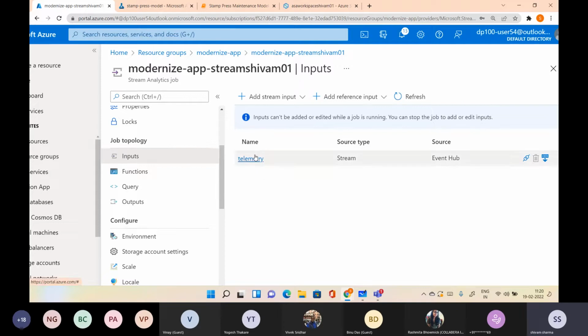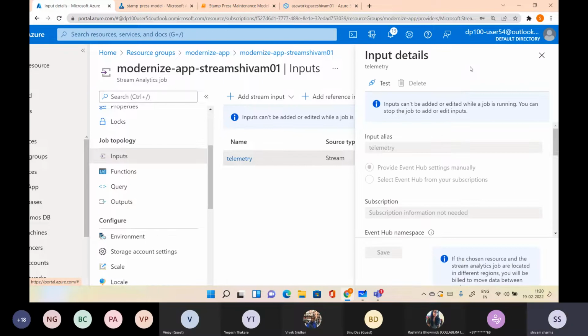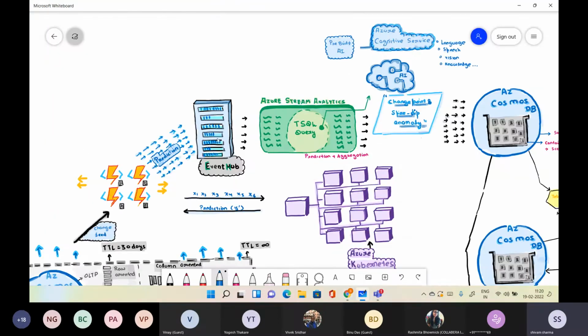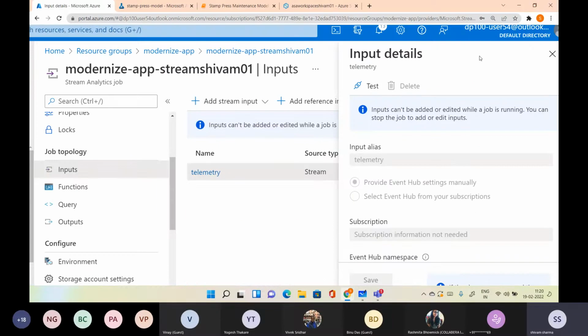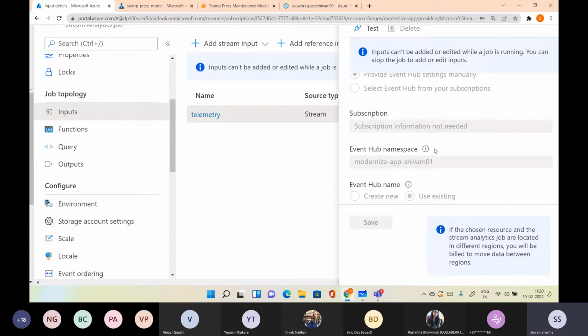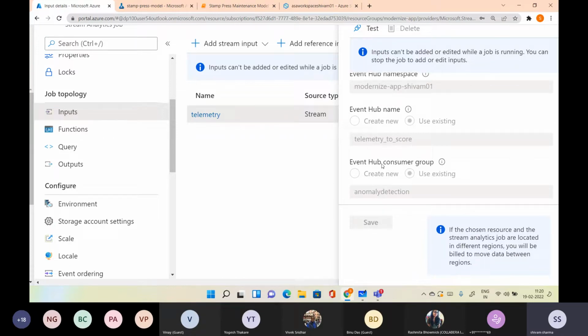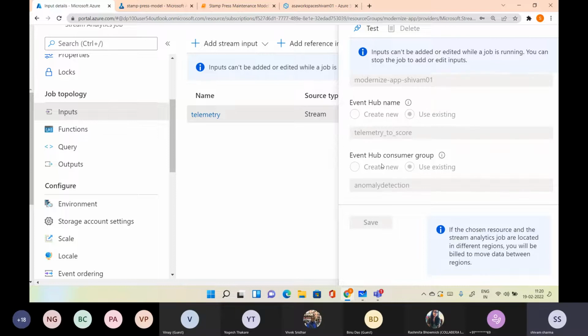So we have configured one of the input streams, and this is basically the Event Hub which we have just before the Stream Analytics. In the diagram, this blue guy, and this green service is what we are looking at right now. Here we have done a basic configuration, nothing very specific. We have just specified the event hub name and the consumer group. Consumer group is basically